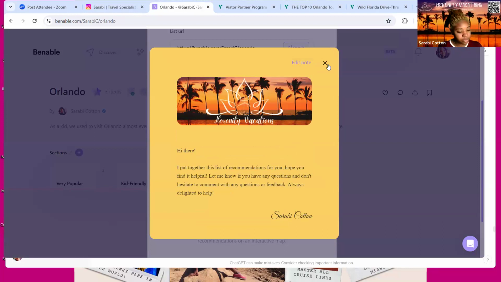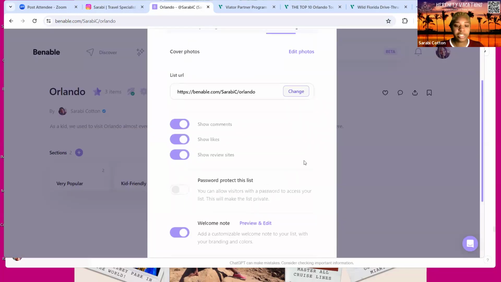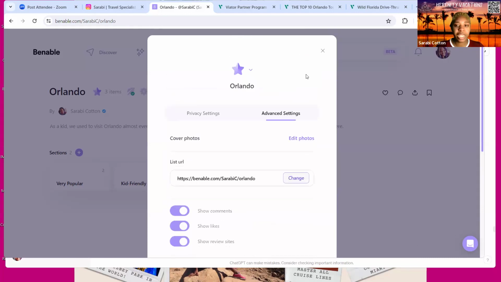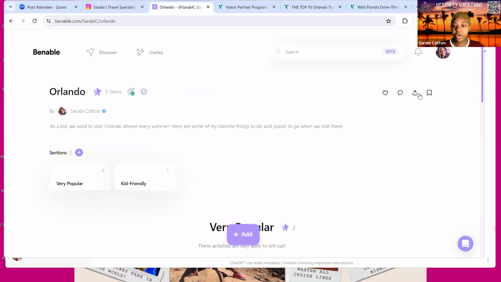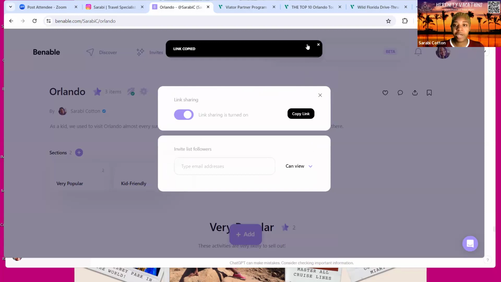Okay, let me turn this on. All right, here we go. All right, so let me go ahead and get my link. So I want to share this. I'm gonna copy this link. And then I'm gonna pause my share really fast so I can send it to myself in Telegram. I can get it to myself on my phone, and then I'll share from my phone that way.